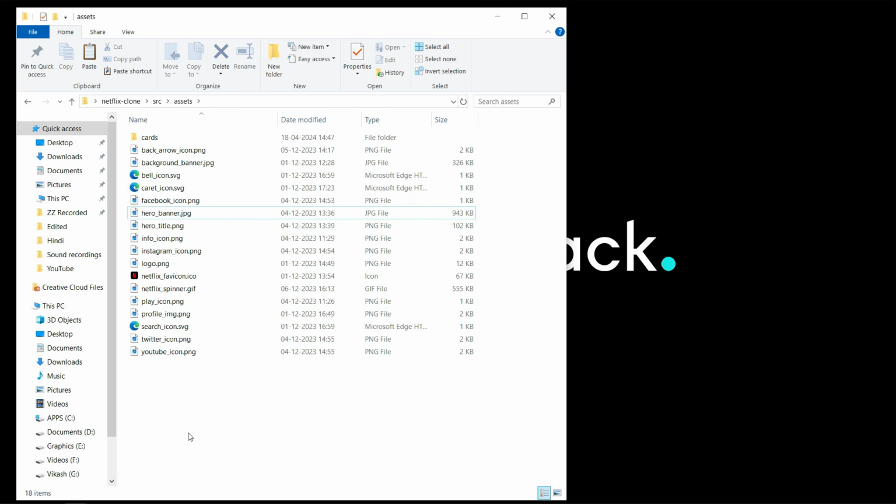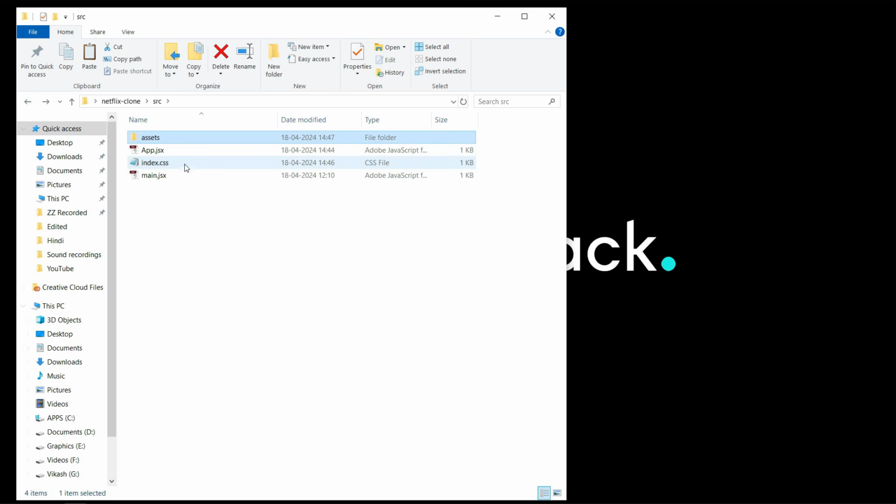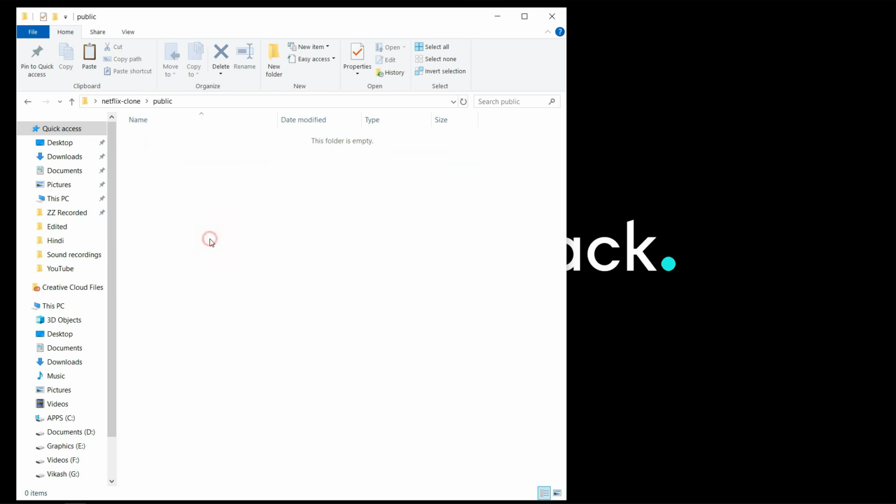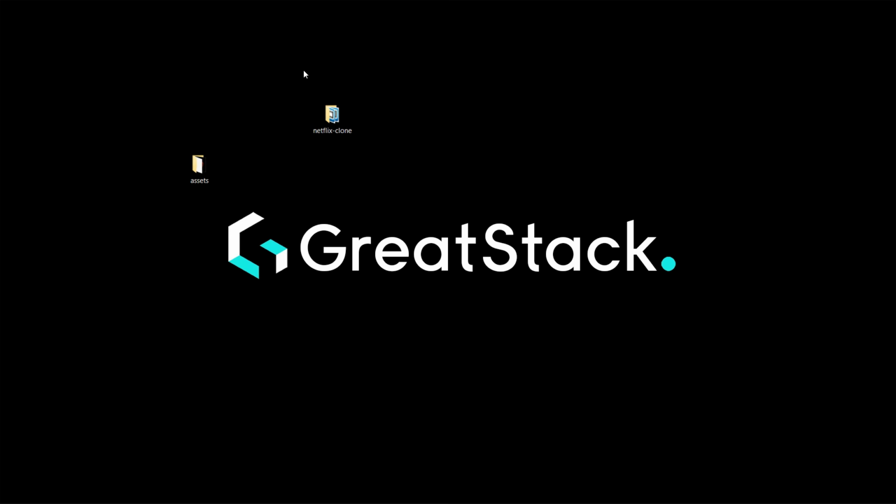In this assets list, we have a file called herobanner.jpg and another one is Netflix_favicon.ico. So let's remove these files. Select this one, Hero Banner and Netflix Favicon. We will cut it from here and paste it in this public folder like this. That's it. Now we will come back to the VS Code editor.